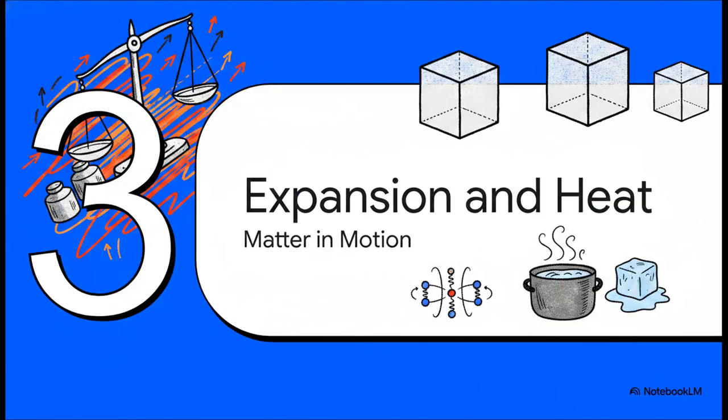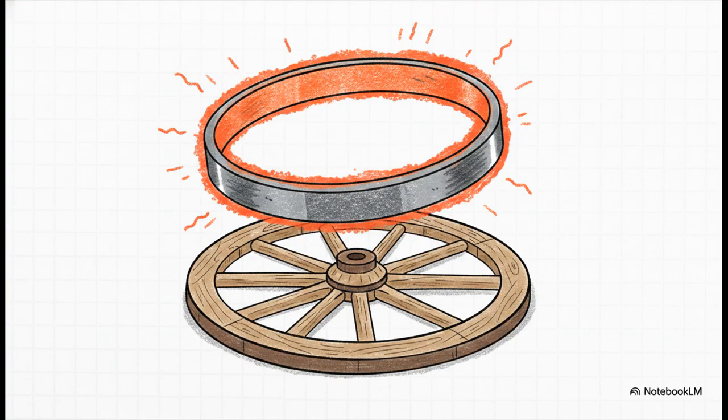Okay, with our measurement scales firmly locked in, let's look at Section 3, expansion and specific heat, matter in motion. Let's talk about how heat physically changes the dimensions of objects. Picture an old-school blacksmith fitting an iron ring onto a wooden cartwheel. It brilliantly illustrates thermal expansion in action. The iron ring starts out slightly smaller than the wheel itself, but by heating the iron, the metal literally expands. The blacksmith slips that expanded, glowing hot ring over the wood, and as it cools down, it contracts, forming a